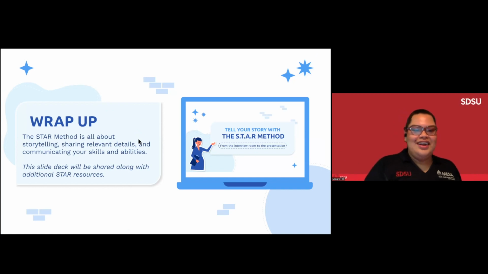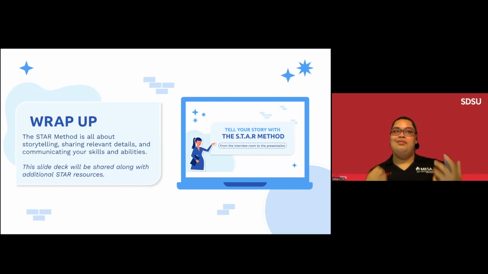Fantastic. All righty. So hopefully everyone picked something up with STAR or was introduced to STAR for the very first time and understands how to work it. If you want to learn a little bit more about how STAR comes into play for the symposium, that's going to be in the next session with Bill Pike and Luis Topete. And our other colleague, Eric, is also doing a piece on data, which will help strengthen the academic poster,